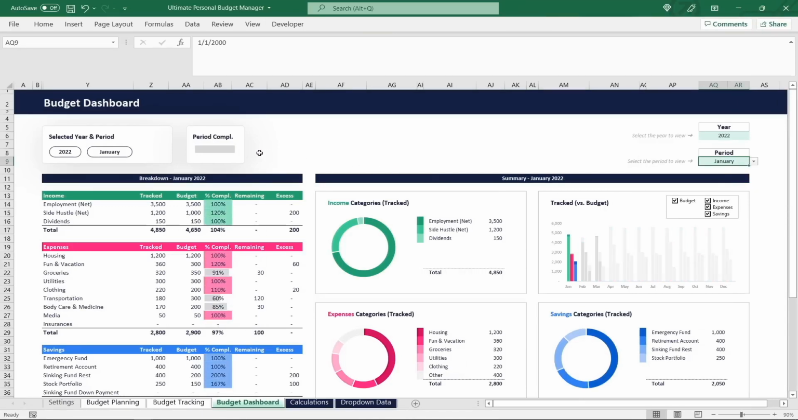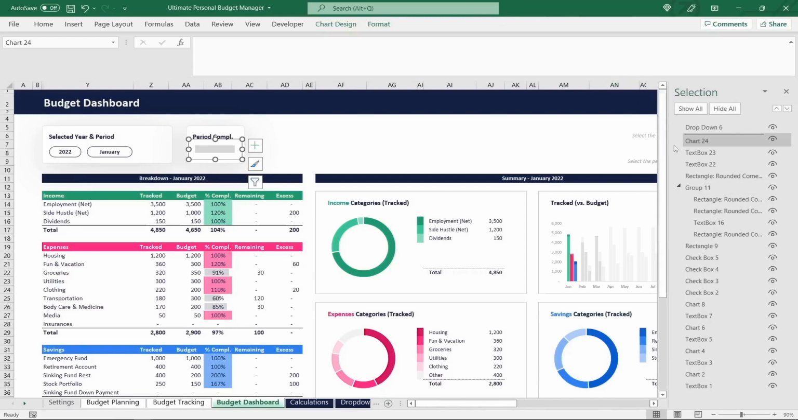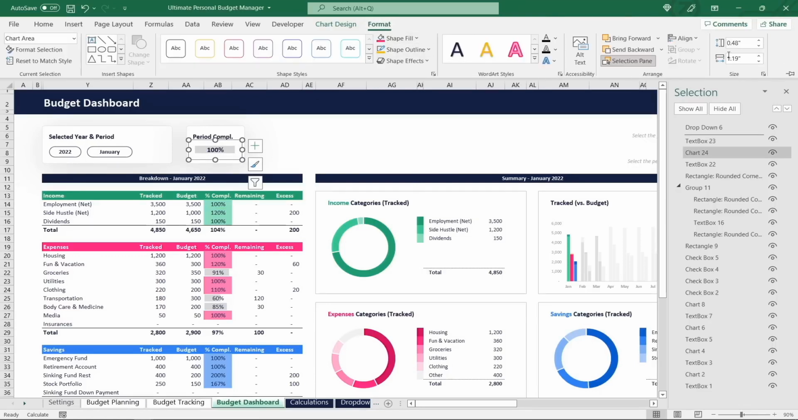To do this in the most efficient way, let's put the value text box in front of the chart by opening the selection pane and dragging it on top of the chart element. And then we can reposition the chart, adjust its size to better match the proportions of the data bars in the breakdown section,